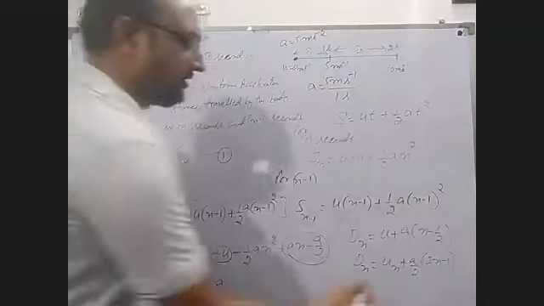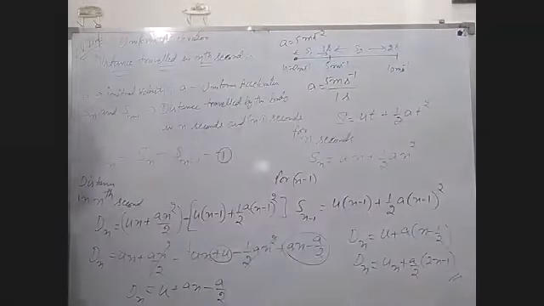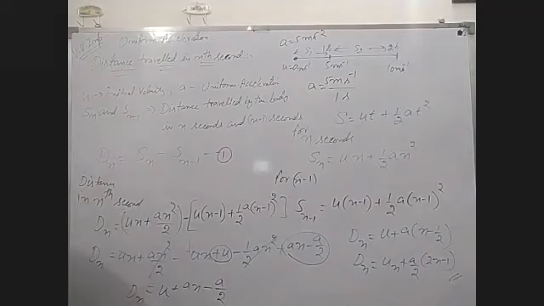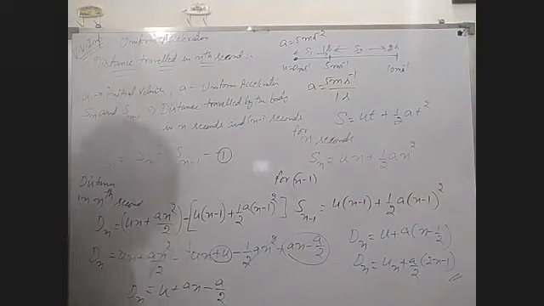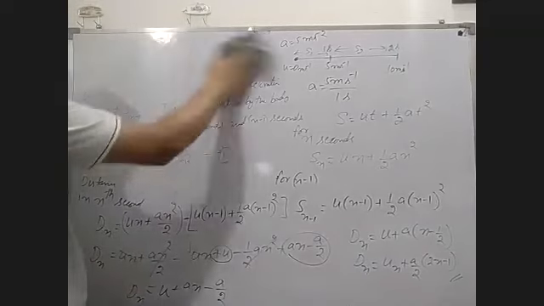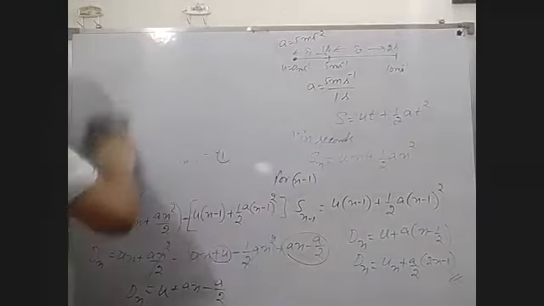Now this is the formula. Please note it. d n is equal to u plus a by 2 bracket 2n minus 1. By this formula, we can calculate the distance traveled by the particle in any second. In any second, no need of 10 seconds, 20 seconds, whole time. If an object is accelerated uniformly, then you can apply this formula.